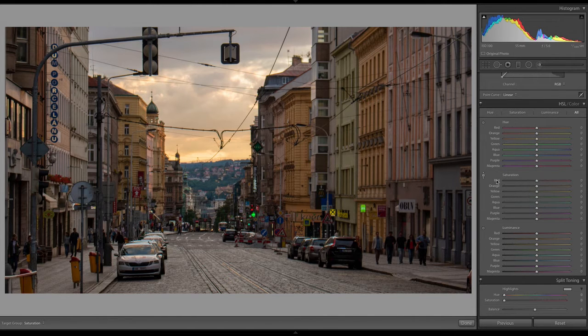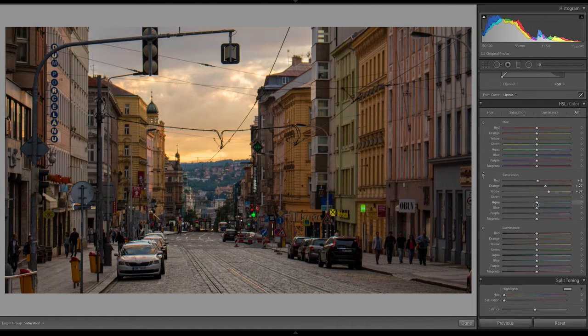Now click this little button next to saturation, and then I'm going to bring up the saturation of some specific colors. Now I'm going to bring up this right here, which was sort of a greenish yellow. Going to go over here, bring up this pinkish orange. And as I do that, I'm paying attention to the rest of the photo as well, because sometimes, especially with a lot of yellows, it brings up a lot of the warm tones in people's skin and things like that that might not look so good. In this photo, we're so far away from any single person that we don't really get that, and it's not really looking bad, so I'm happy with that.